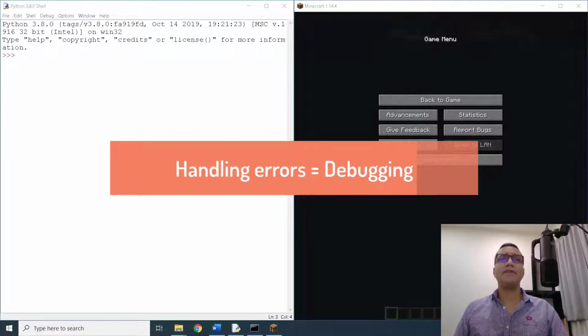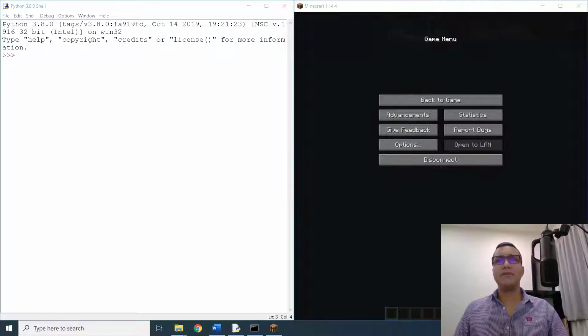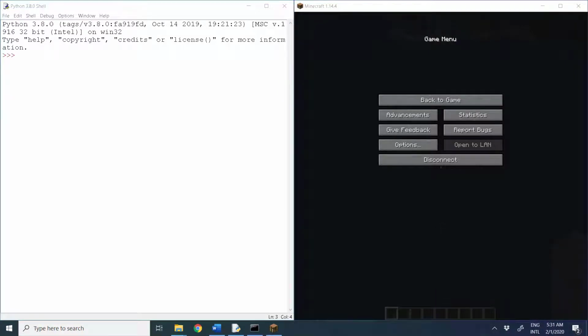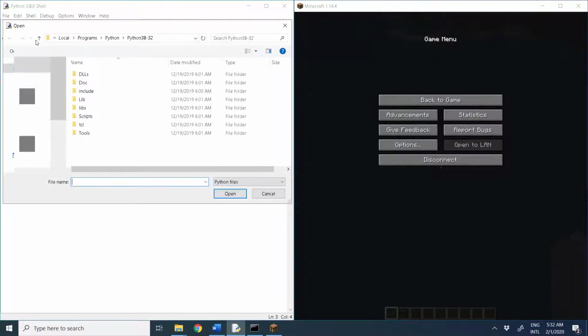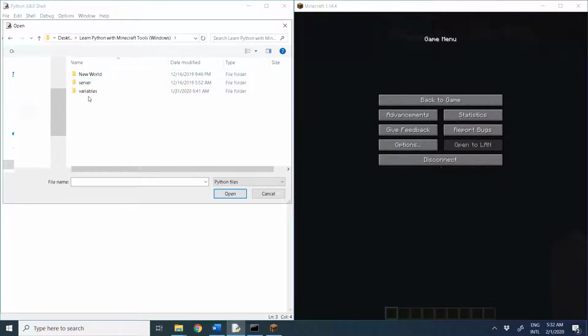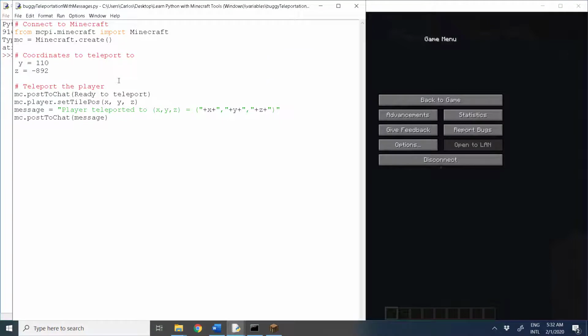So let's go ahead and study a few of the most common errors beginners make and how to identify the problem and fix it. To do so, I have prepared a Python program called Buggy Teleportation with Messages. The program has several common bugs, so let's go ahead and open the file and fix the problems. I have included the file as part of the class materials, which you can download from the class website. So I go to my variables folder, and here's my Buggy Teleportation with Messages file. I open it,